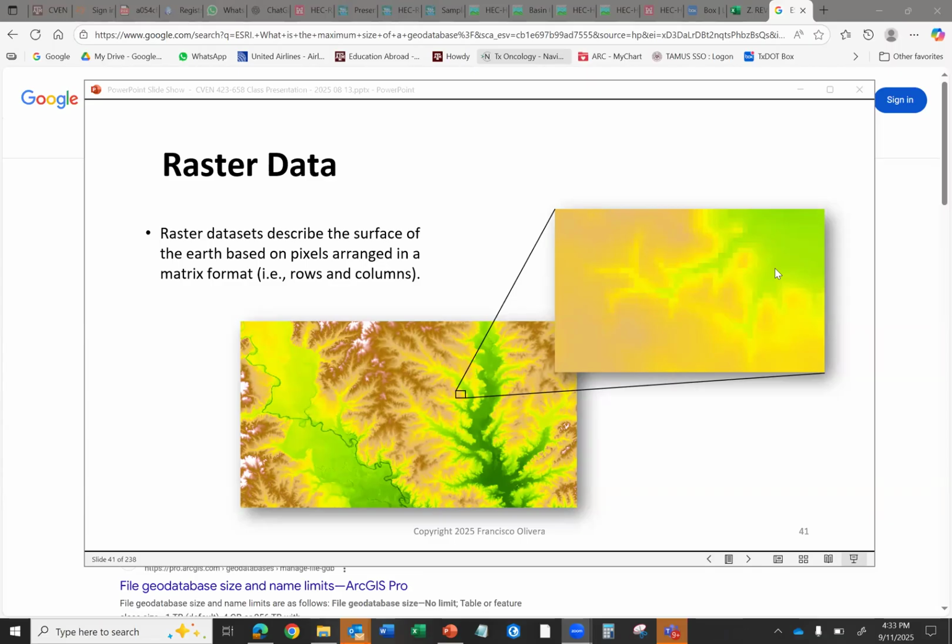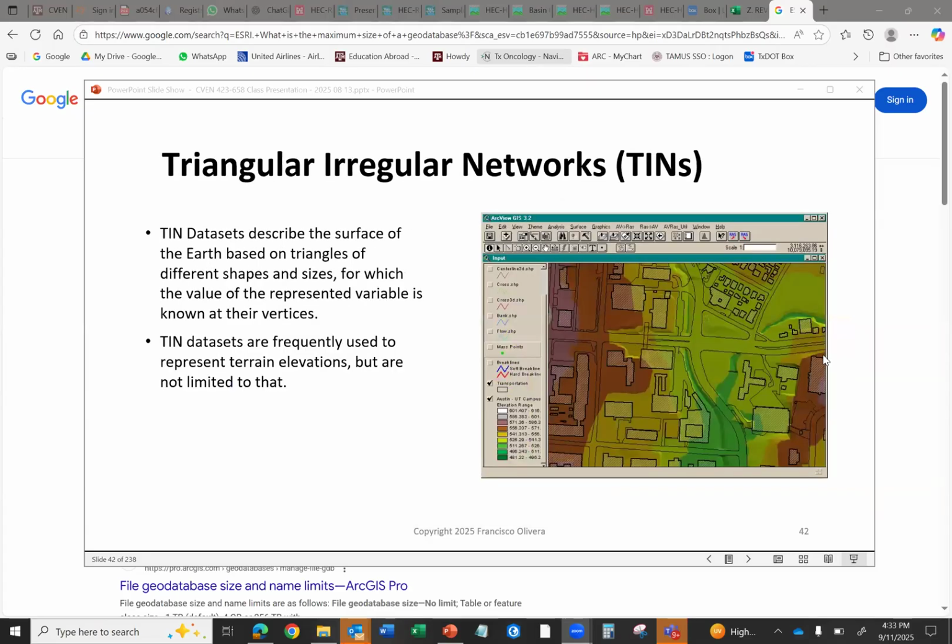there are no changes within a pixel. All the pixels are uniform. So if you want to capture variability, what you need is smaller pixels. Another way of representing the surface of the Earth is with TINs, as I said, triangular irregular